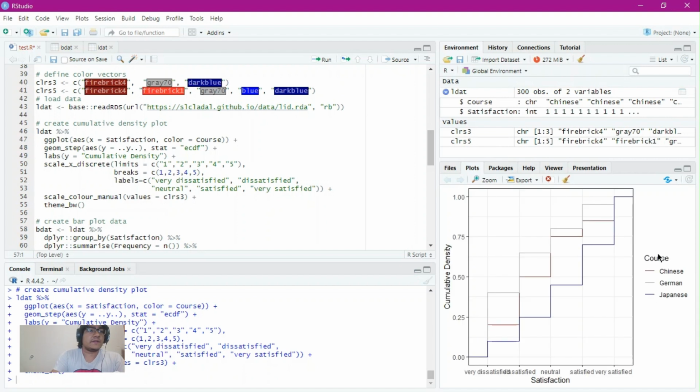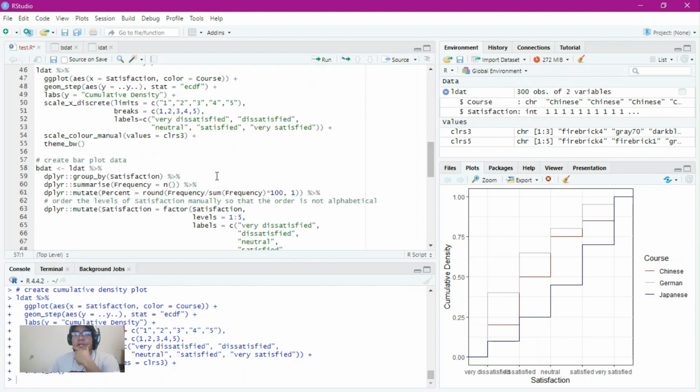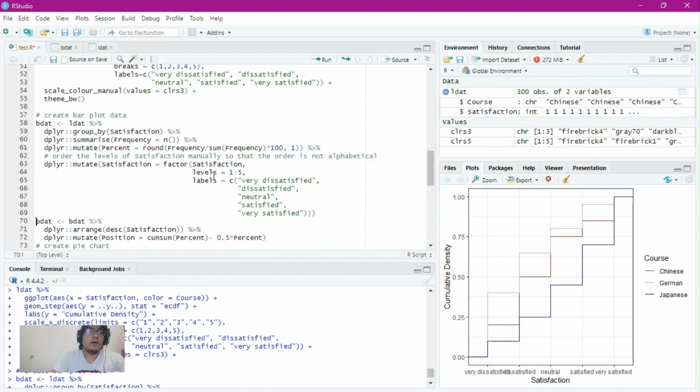With this table, we can graph the line graph like this: course, Chinese, German, Japanese, and the graphic. Of course, we can graph this